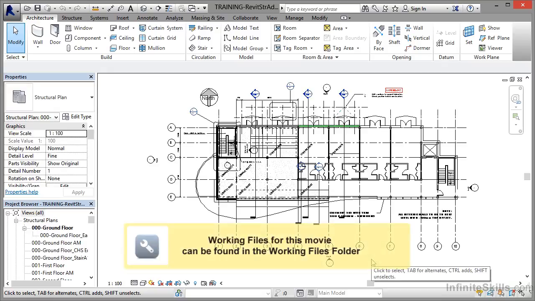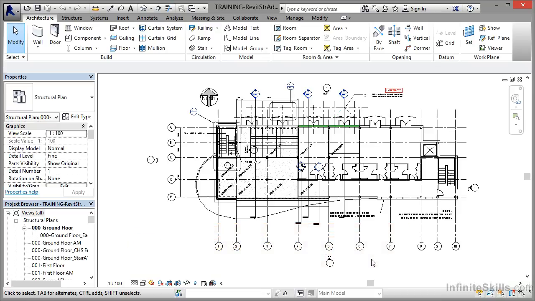Welcome to another section in your Revit Structure Advanced project. In this particular section, we're going to start looking at work sets and work sharing and how we collaborate on larger Revit Structure projects. Sometimes a Revit Structure project can become too big for just the one person working locally on Revit Structure. So we need to subdivide it so that a team of people can work on that particular